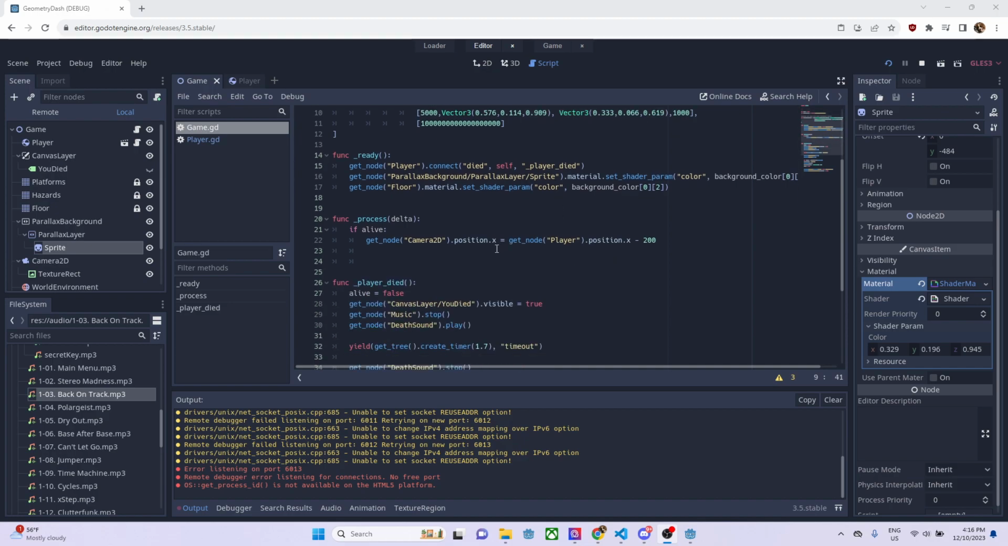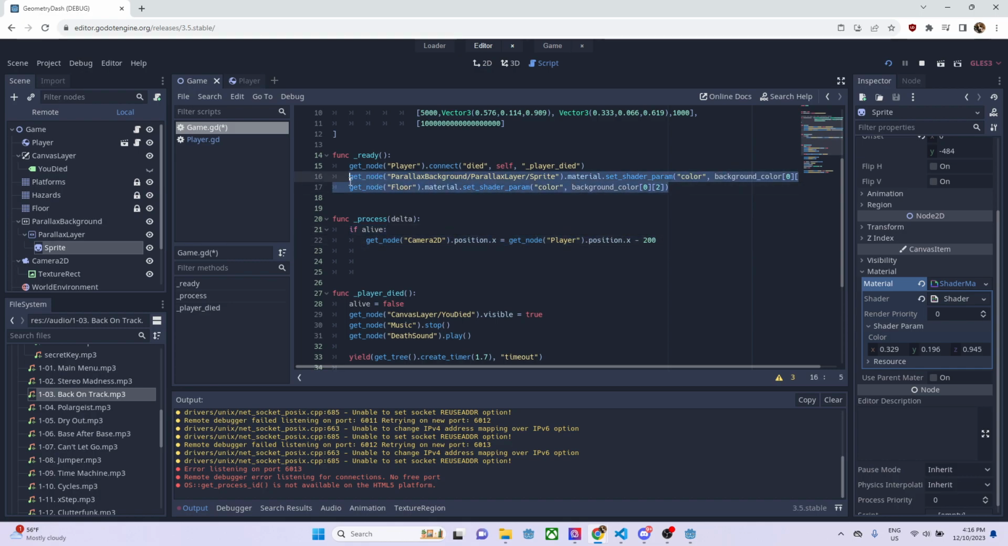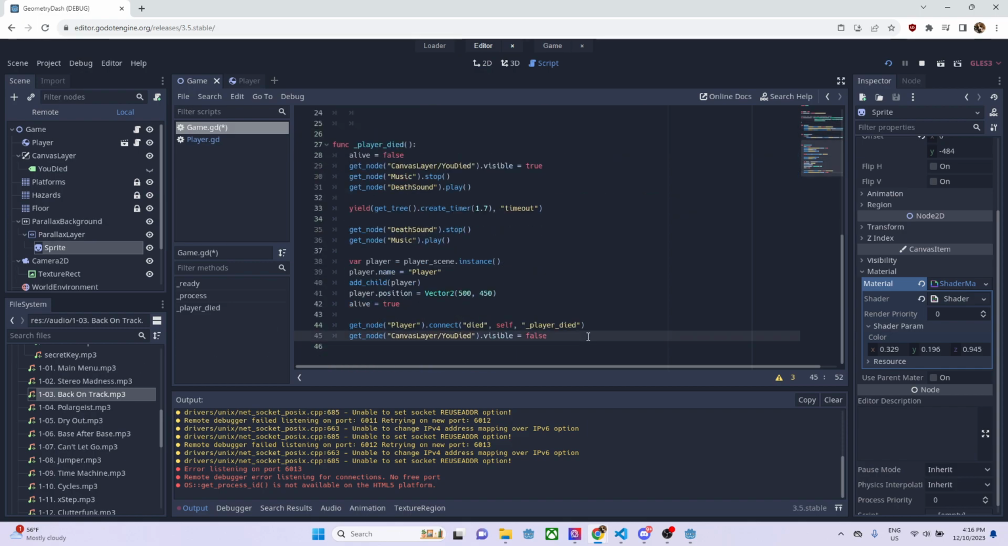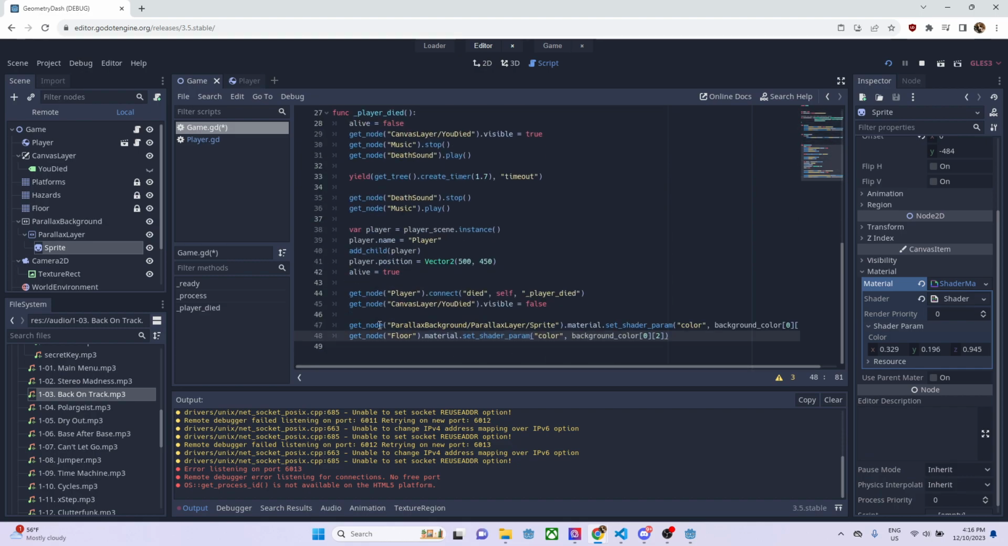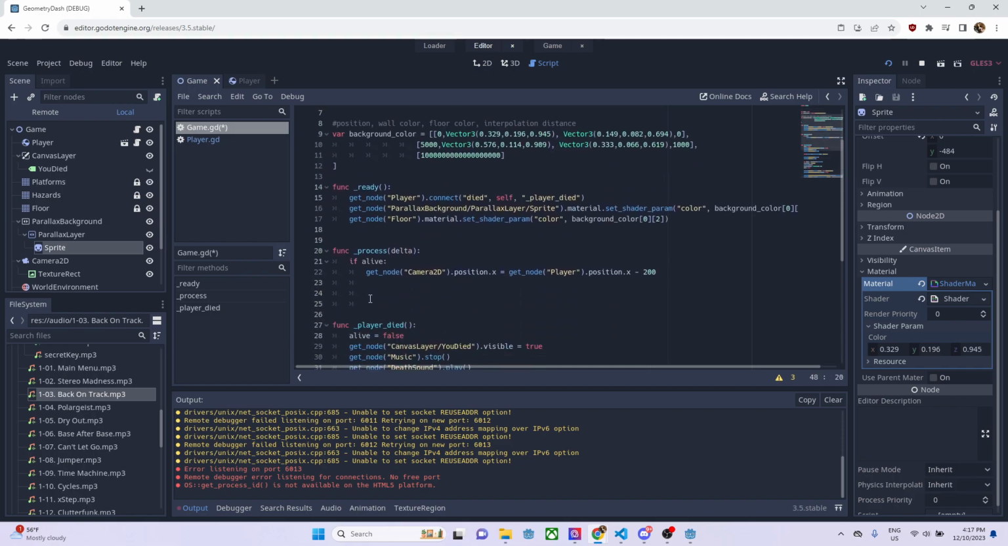So now that this works, what we want to do is come here into the process function. If alive, we can do all this stuff. So first, we copy all of this code and put it down here, so that once the player respawns, it resets all the colors also. This isn't really necessary, however, it's best if we do that. So now, for the big chunk of code, I'm going to put